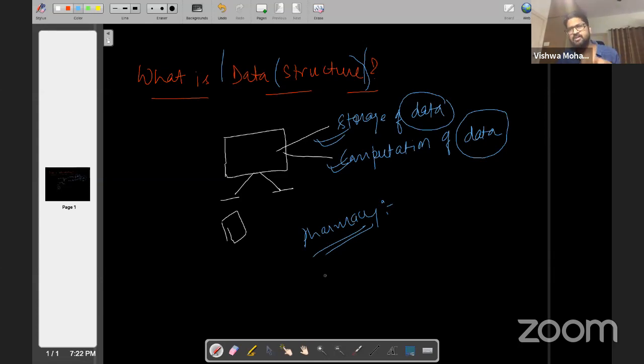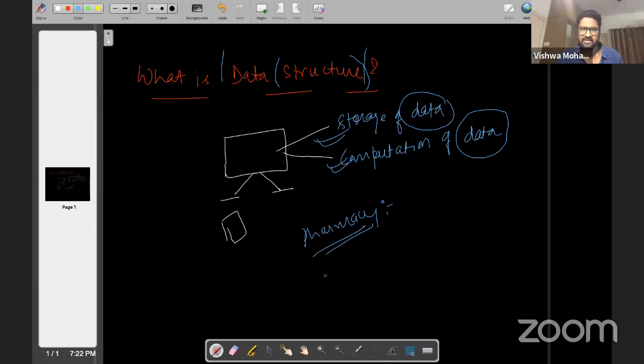So similarly for data also, we don't just need to store the data, but also have to retrieve it later to find the meaning out of it, to find the computation out of it. That is why data also has to be structured properly. It has to be arranged in some order so that whenever we need, we can read it back and take the meaning out of it, which is actually the ultimate purpose of storing the data, to bring the meaning out of it so that we can take a data-driven decision. So this is what data structure is about: how you structure the data.